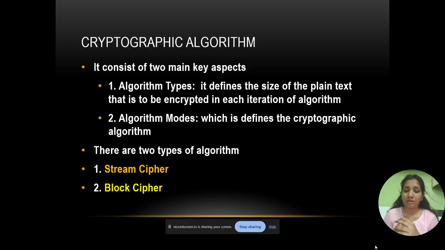There are mainly two types of algorithm, that is stream cipher and block cipher. So all modern cryptography is categorized into two algorithm types. That is stream cipher. Stream cipher means it encrypts one bit at a time. For example, OTP formula C equals P bitwise XOR K, between plain text and the key K. And the block cipher encrypts fixed size blocks, that is 64, 128, and 256 bits. For example, AES and DES algorithm. It uses the same key for the entire blocks. This cipher defines the foundation of secure data communication.